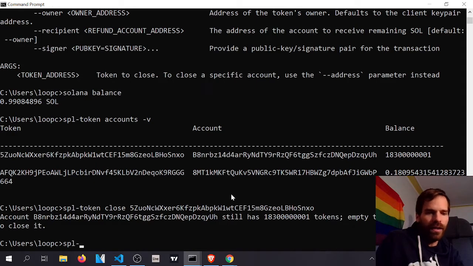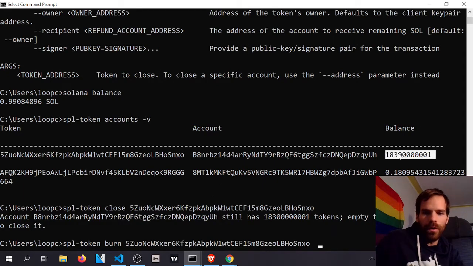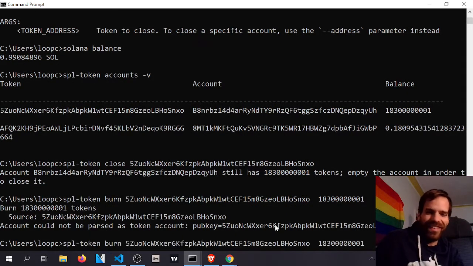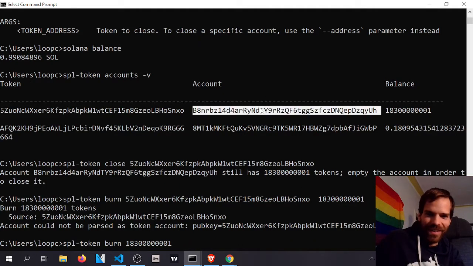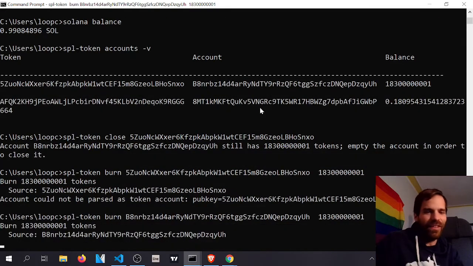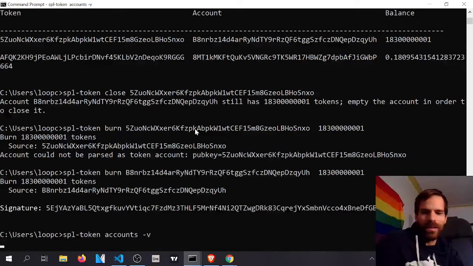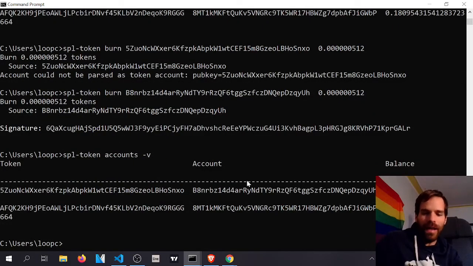Okay, fine. I don't need them anymore. I will just burn those tokens. And now it wants the token account every time. Fine, then we just provide here the token account and not the token itself. It's a bit confusing sometimes when it wants the token and when it wants the token account. But in any case, we just burned the tokens now. And if we have a look, now that it's empty,